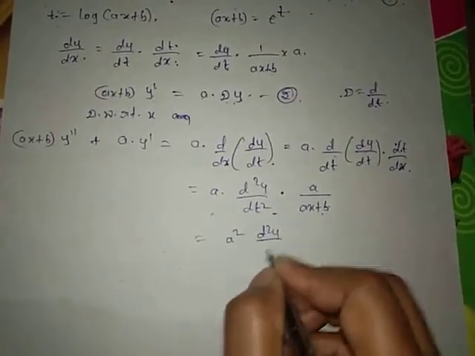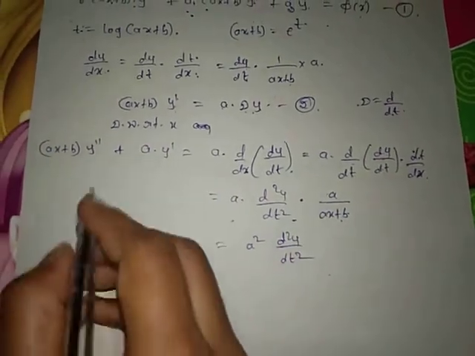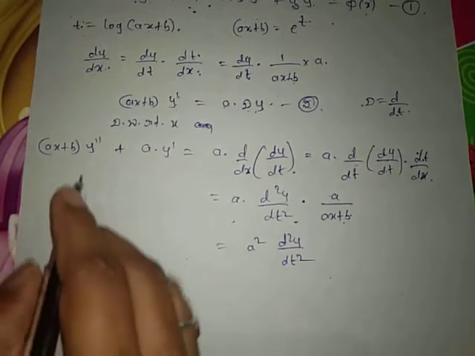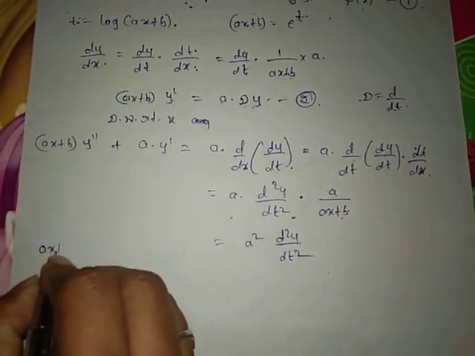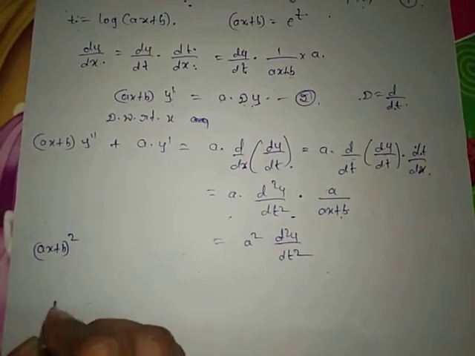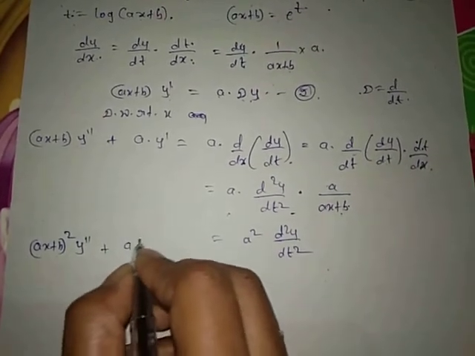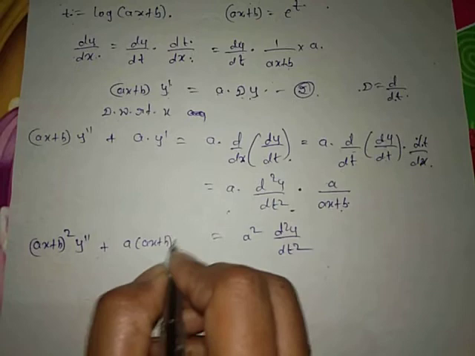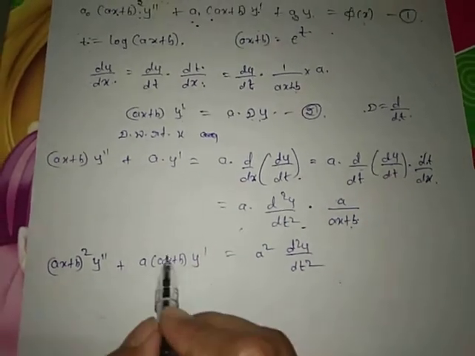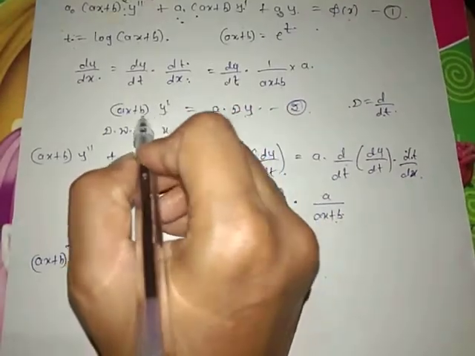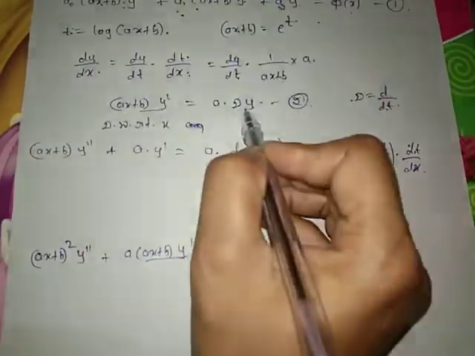d square y by dt square. Ax plus b will be taken onto the LHS side. Both terms will be multiplied again by ax plus b. Ax plus b into ax plus b is ax plus b whole square y double dash, plus a into ax plus b into y dash. Now see, ax plus b into y dash